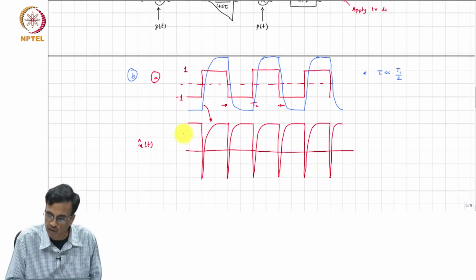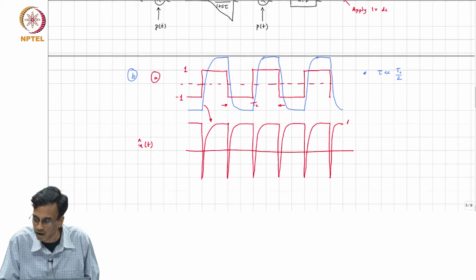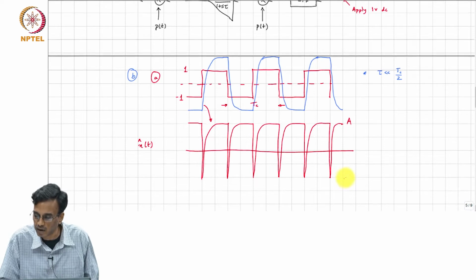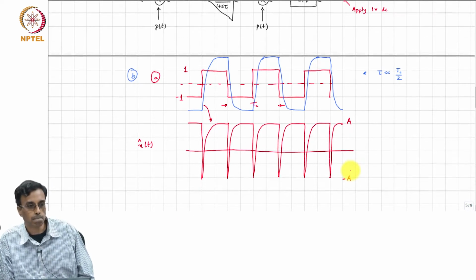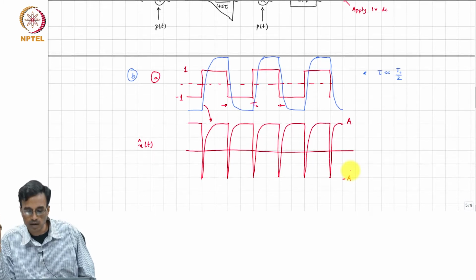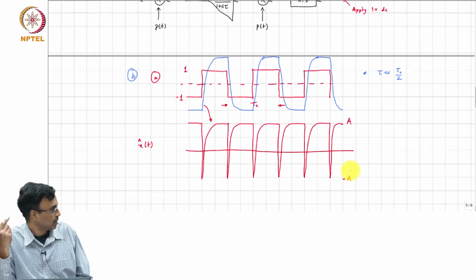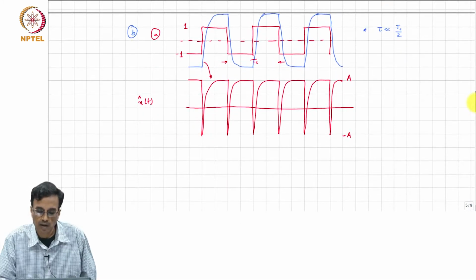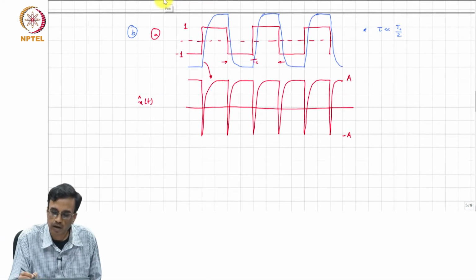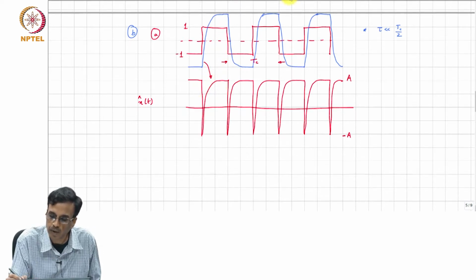Okay. So, what is the peak amplitude here? It is going to be A, this is minus A, all right. So, first thing that you observe is, what comment can we make about H 0? I mean, what do you think is the area of this part?